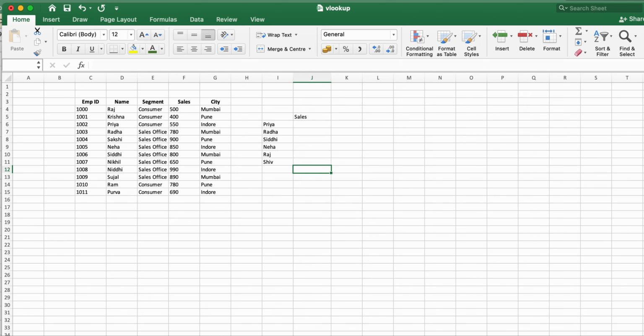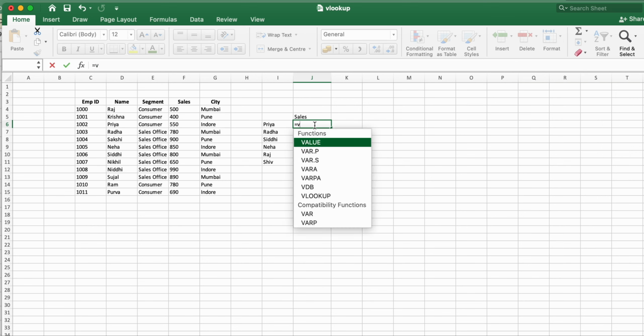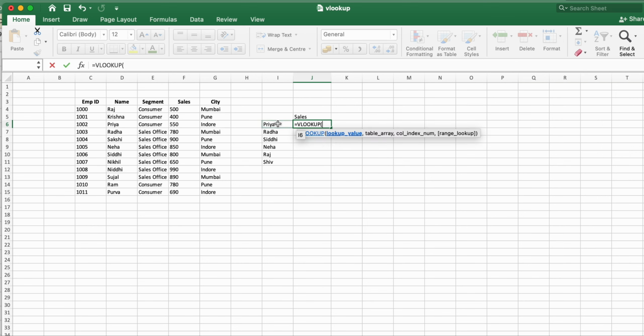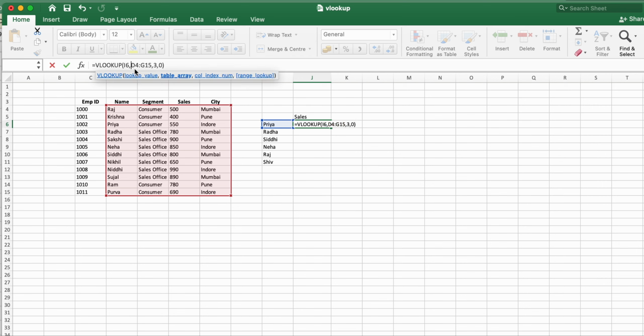So, in today's video, we will learn VLOOKUP with IFERROR. First, we will apply VLOOKUP over here, column number, exact match. Let's freeze the table,